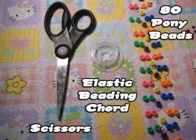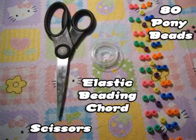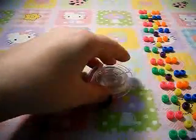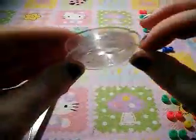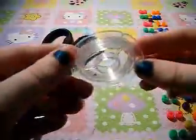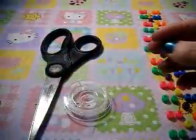You'll need scissors, elastic beading cord, and roughly 80 pony beads. Your size might go up and down about increments of 5. Now, again, scissors, elastic beading cord, and you want to use your plastic elastic, not fabric, because I made my